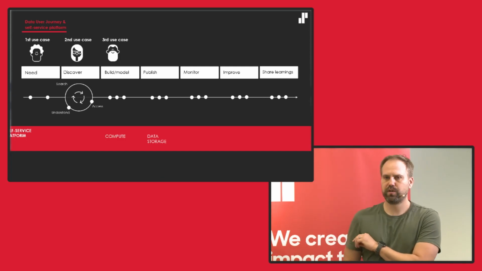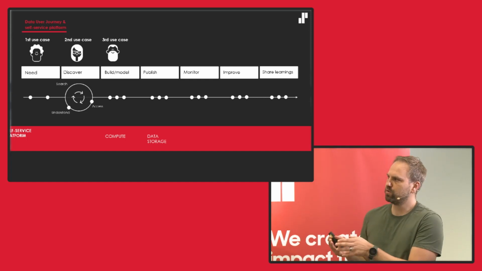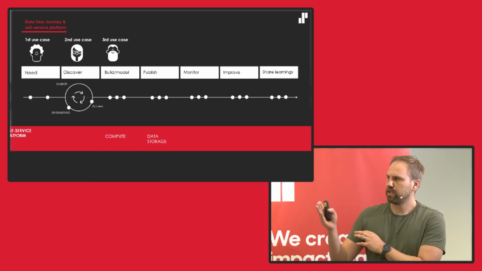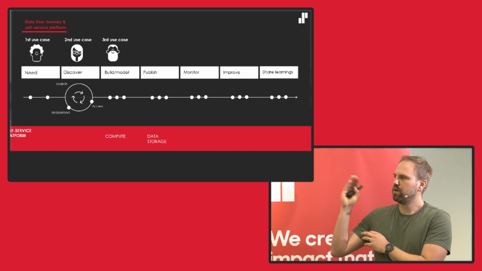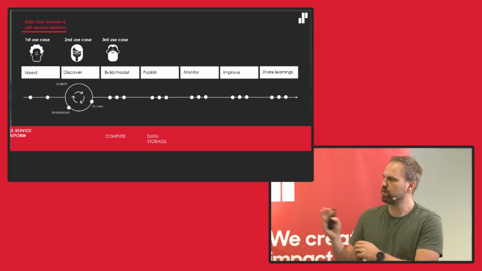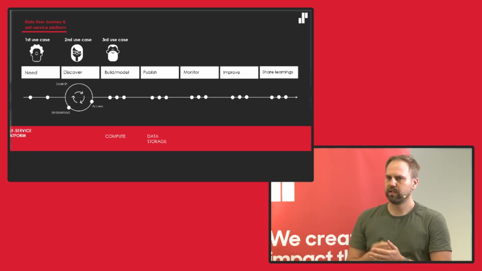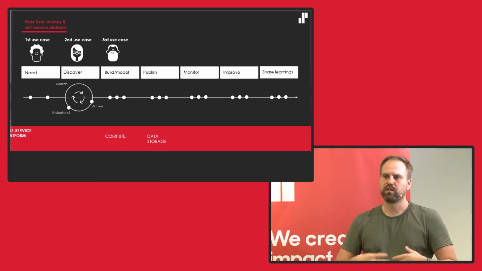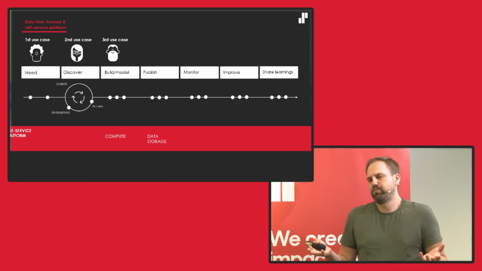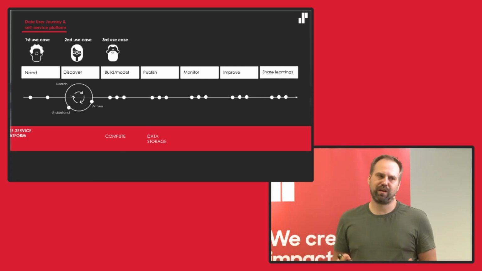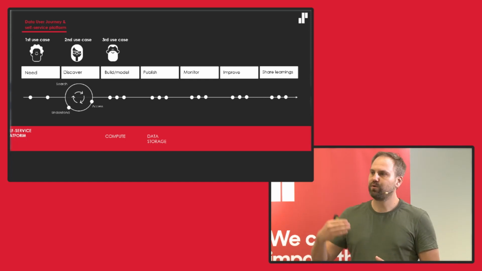Then we take the third use case. And what we also do at the same time is we validate the journey and we validate the platform. And now we realize that, okay, actually two of these cases used compute. They needed to transform the data somehow. Well, that's pretty common. That's a pretty safe bet that that's going to happen anyways. But here we are actually validating that through the use cases.